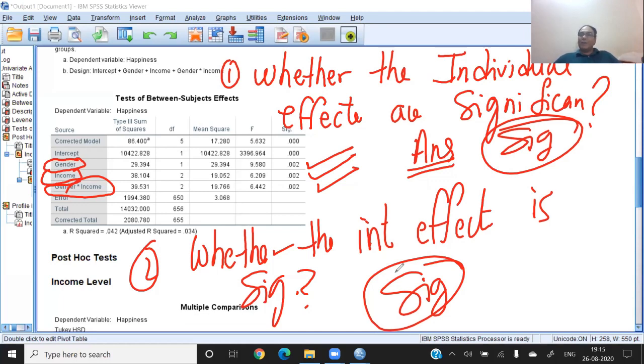So not only do they show the individual effect, but the interaction effect is there too. So not only the individual effect is significant, but also the interaction effect is significant. So this is the most important conclusion from this result, and this result of two-way ANOVA is the most important table. Okay, now let's move.